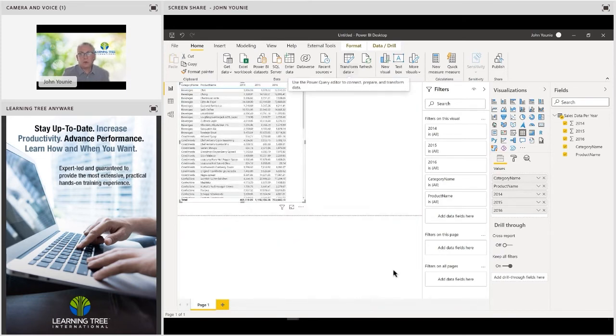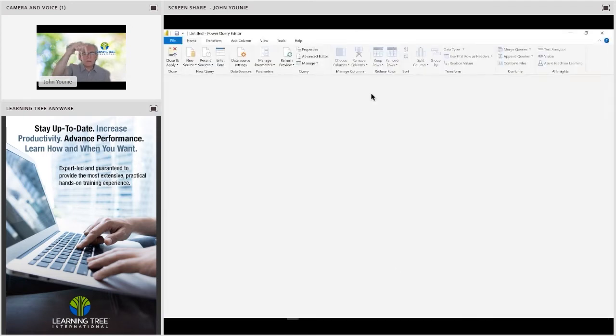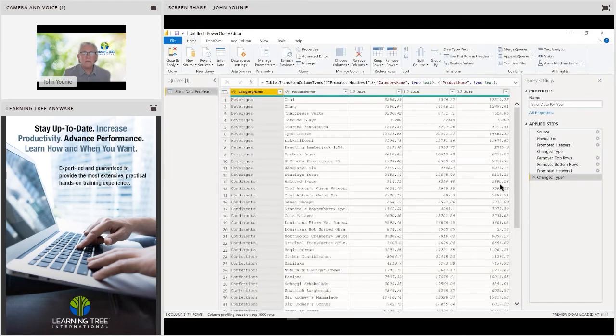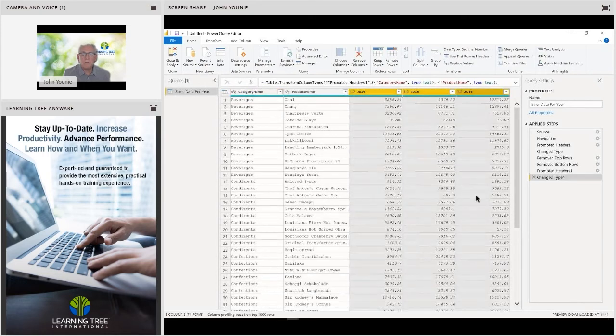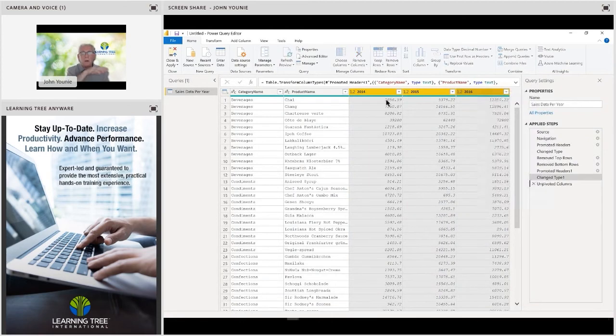And I'm just going to do a quick transformation here. Because what we've got is we've got our data in columns, but really we need it in rows. So I'm going to select these headings for the years. I'm going to right click on it. I'm going to say pivot, unpivot columns is what I want. So now it's taken those and it's unpivoted them. So now they are in row type